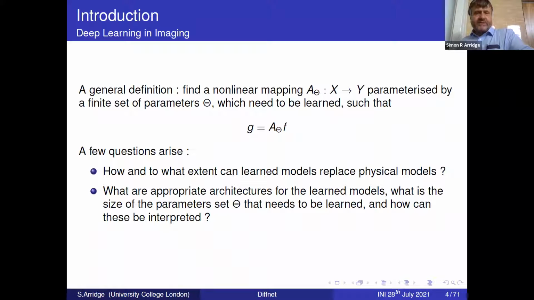And so, generally speaking, many of us are interested in this idea of how can learned models replace physical models? Should they completely replace them at one extreme, or be completely ignored at another extreme, or how can they be combined? And this is intimately caught up with the question of what